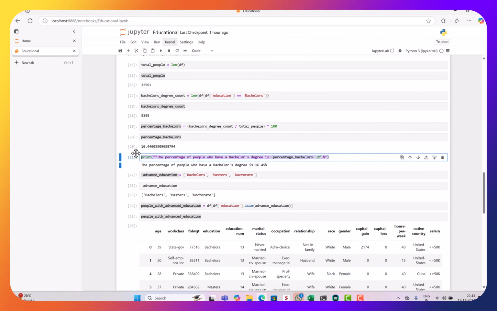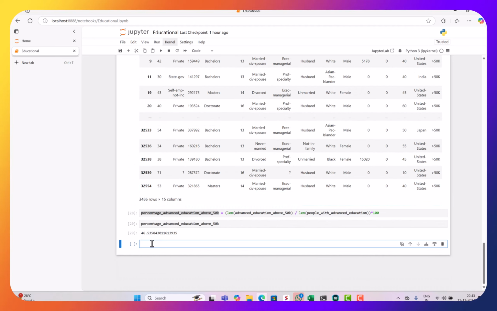So you will take this particular function, copy it, paste it here, and we will just change the content that we want to consider. Print the percentage of people with advanced education made more than 50K. What we will do here is percentage